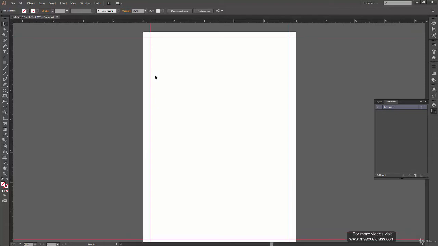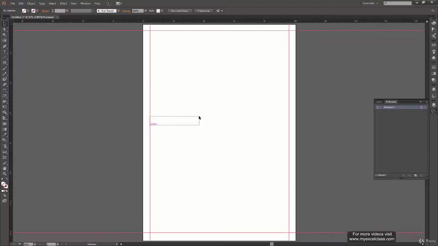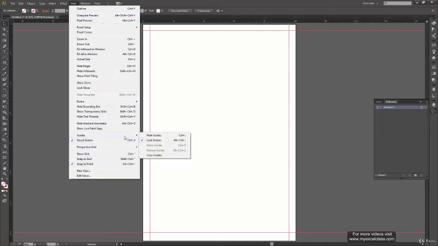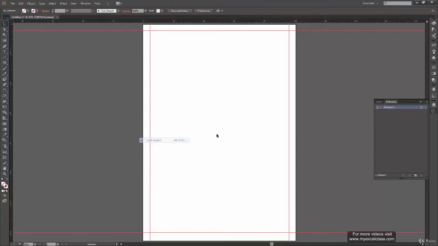It's not even selecting. See, when a guide gets selected, it turns blue. So I'm not able to select any of my guides right now, and even if I click and drag on any of them, I'm not able to move it. That means my guide is locked, and I can do my work without worrying that I will accidentally move any guide. So again, to unlock them, go to Guides, and either press Alt Control semicolon on your keyboard or just click over here to unlock these guides again. Now I'm able to move them again.